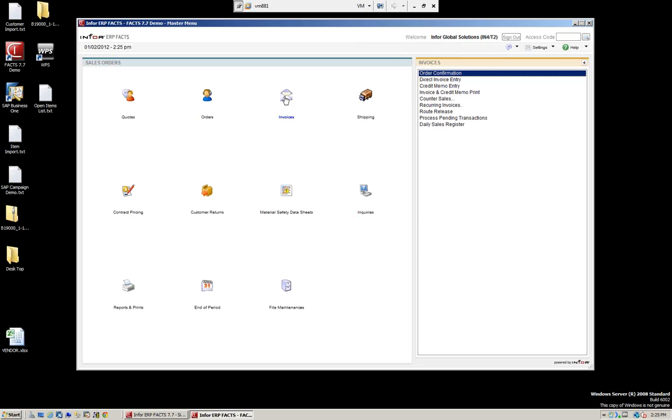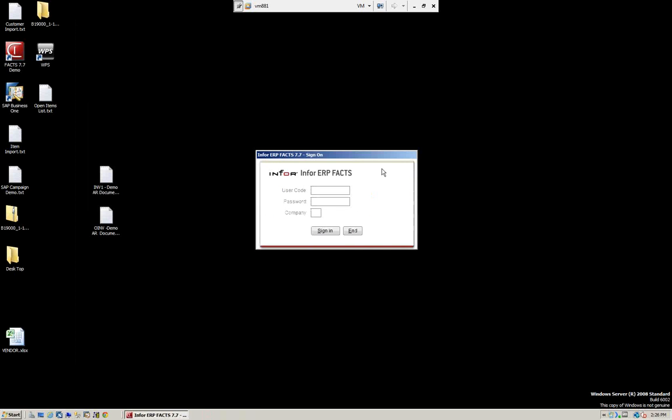So here is, again, our order confirmation. So that's how we do it. Now the next step we would do is go to our daily sales register. Once we're okay, we can run our daily sales register, and we're able to post those. What we've created in the order confirmation is the actual invoicing. So if we run our daily sales register,